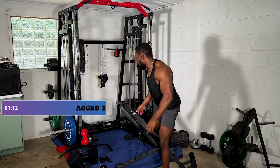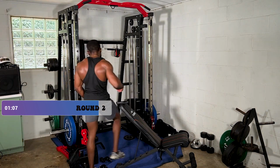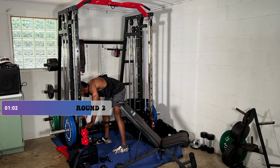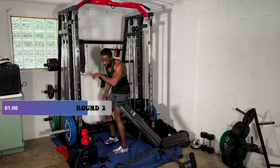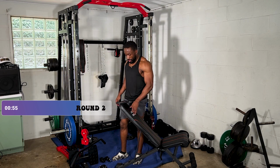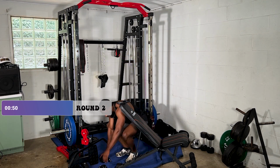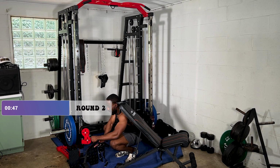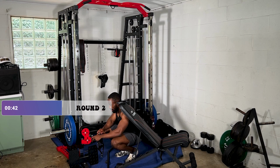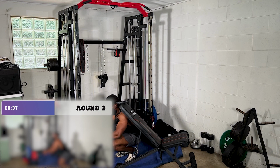I'll let the timer go on. I'm gonna rest, and I'm gonna go up in weight, just a bit. 20 seconds. Oh yeah, like I was saying, I probably should have done that first. I wasn't thinking about it. But if you want, and you probably should, since I just ran into that little hiccup right there,